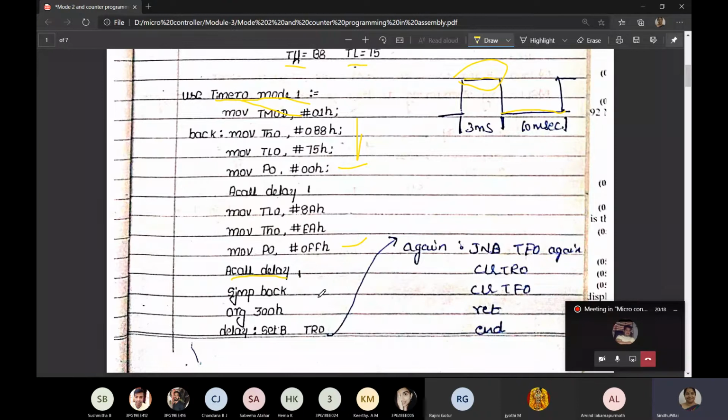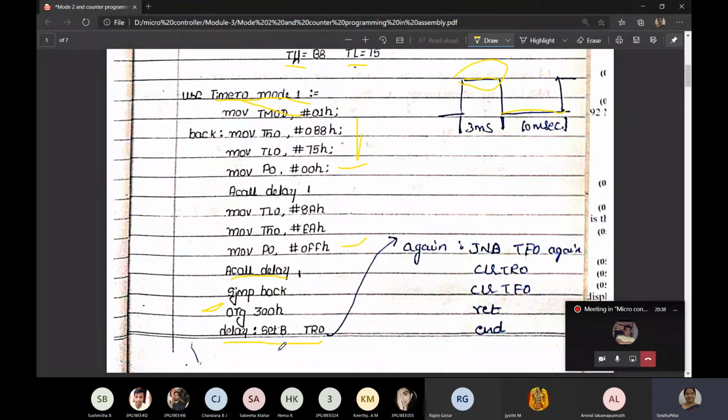Now we have to make the timer run. Wherever you have written delay, that delay program you should explain, what is the delay. So we are starting the delay with a new address. We have taken org 300H. The delay program is written separately with a new address. This is one way of writing.